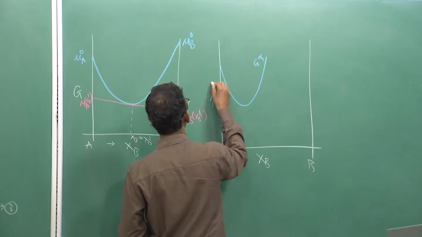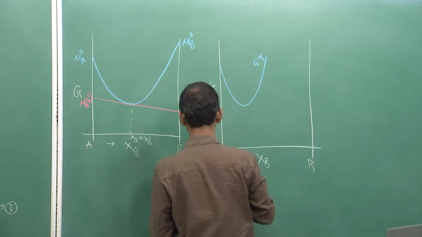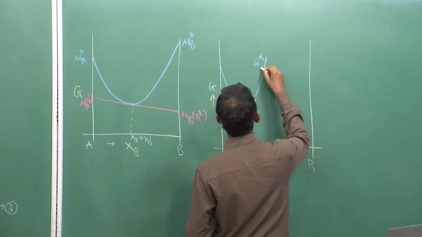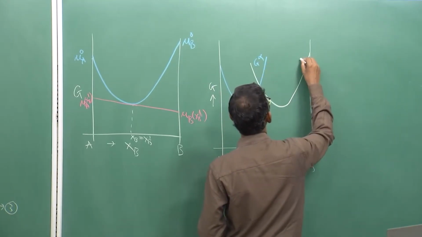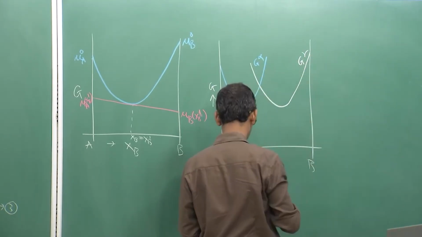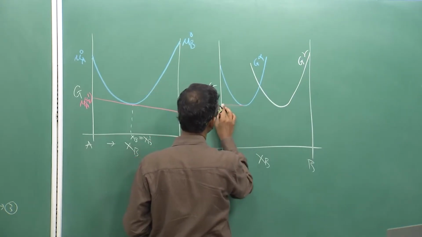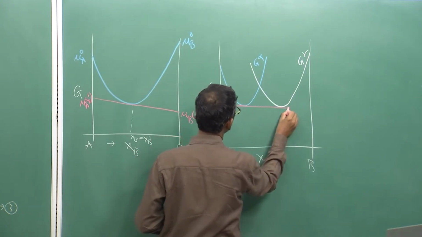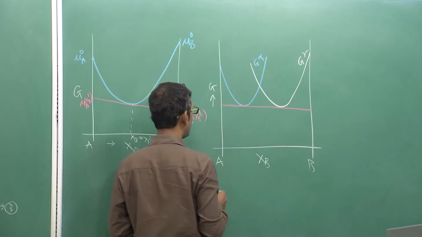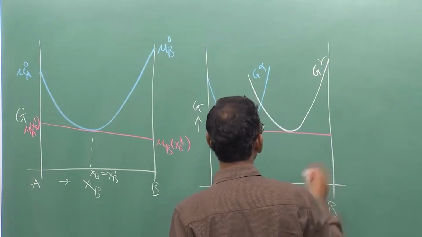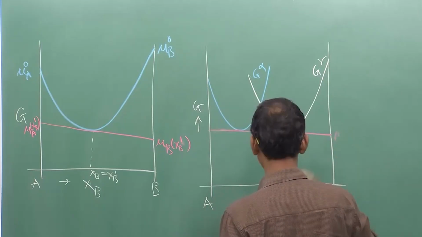and let me write down, this is suppose G of gamma, as we discussed. So, we have to find out the equilibrium conditions. We need to draw a common tangent between these two, and this common tangent obviously is tangent to both the curves, and that is why the chemical potentials